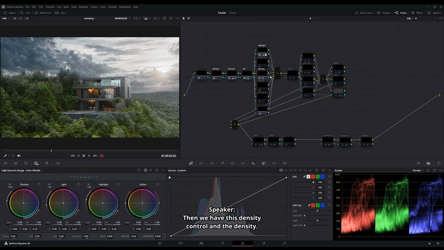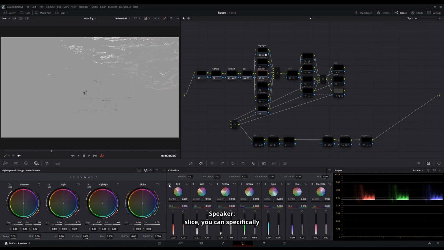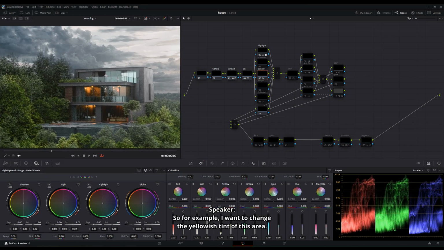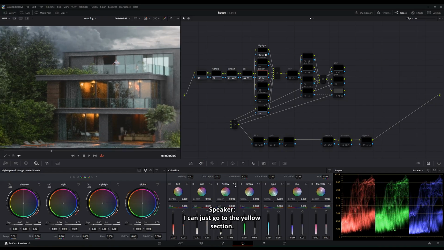Then we have this density control. In the density, we have this density slicer. If you click on this color slice, you can specifically increase or decrease the saturation of a specific area, and this works really well. For example, I want to change the yellowish tint of this area. I can just go to the yellow section. If I click on this, you can see it is isolating that area. And if I increase this